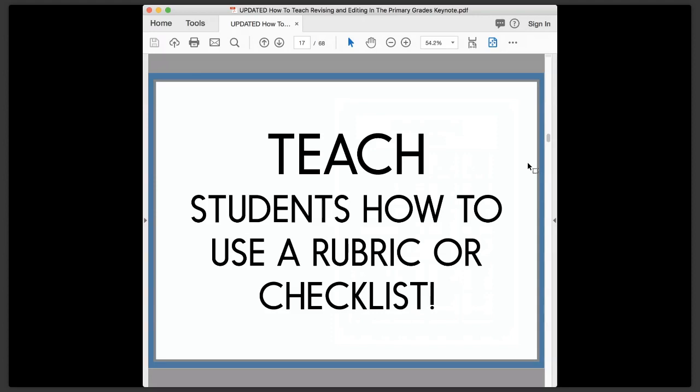Okay, so when we're using rubrics, they're great, but we have to model and explicitly teach our kids how to use them. We can't just read them the items and be done with it, which now that I'm thinking about it, I'm pretty sure I did when I was student teaching. I forgot that I had done that, but it's coming back to me. And now I remember